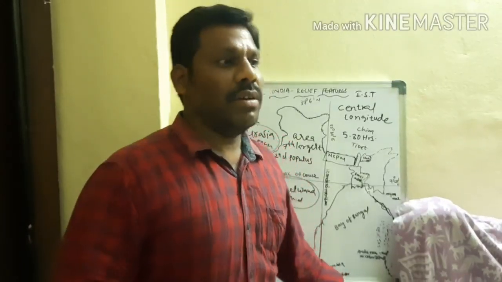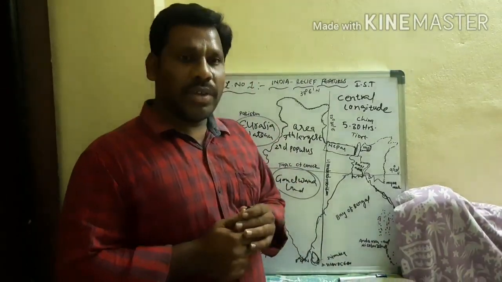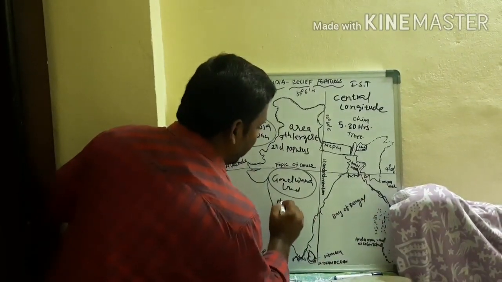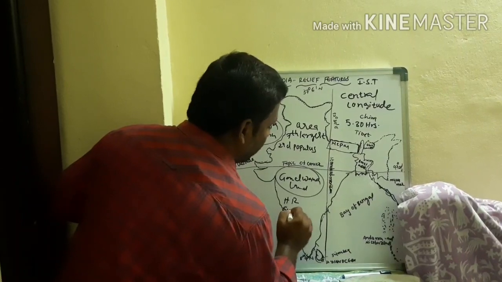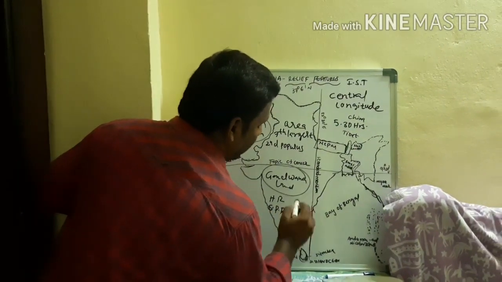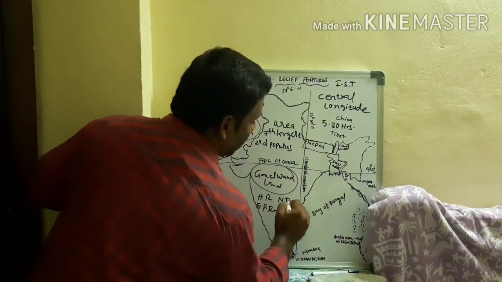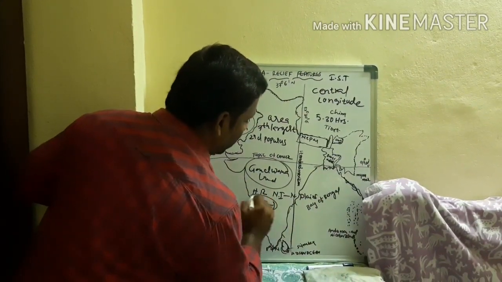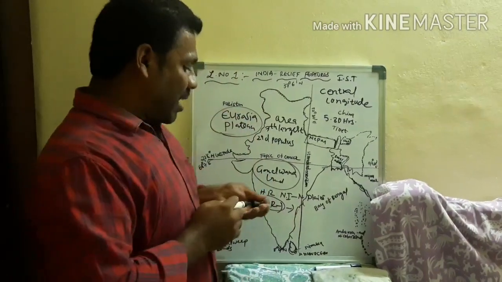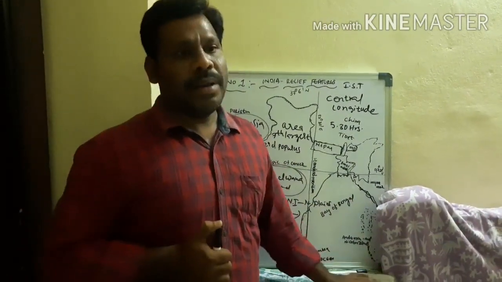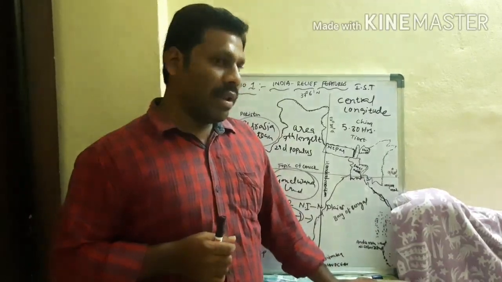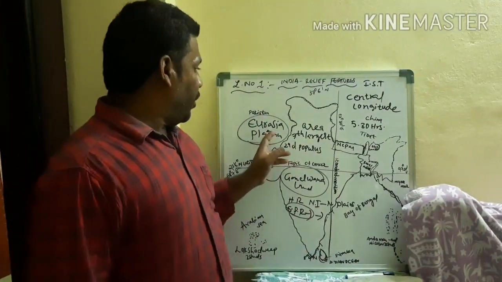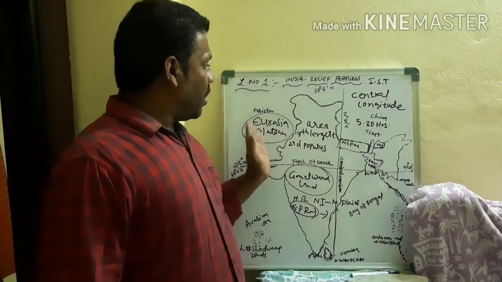And later the south was also formed, with the peninsular rivers, the southern rivers. Due to the Himalayan rivers and the peninsular rivers, North India has the northern plains, and South India was formed due to the peninsular rivers. One remarkable feature of the peninsular plateau is what? It is the oldest landmass on the earth. The Eurasian plateau collided with the northeast part.